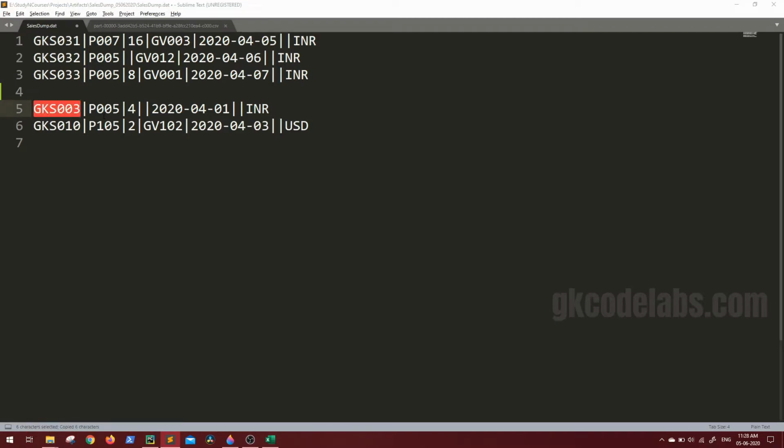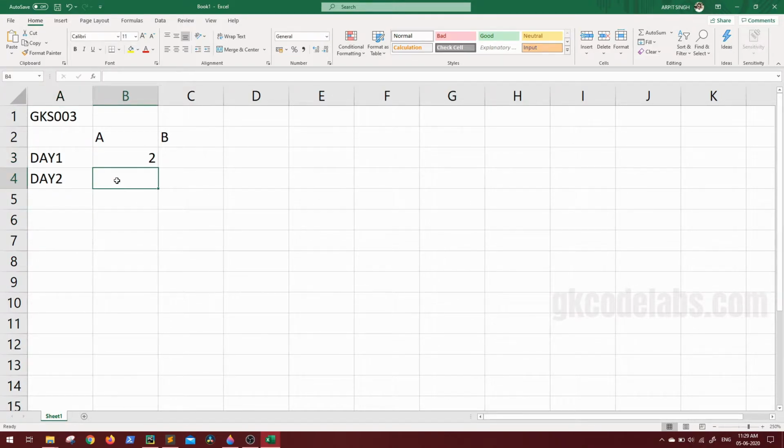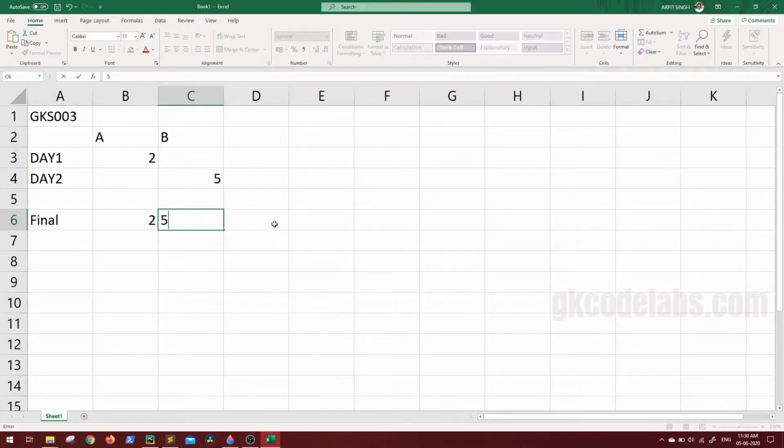Let me take an example to understand it, and then we'll go back to the actual scenario. Suppose there are 2 columns. Day 1, column A was null and column B had the value 2. Now on day 2, we did not receive an update for B; we received null for column B... Day 2, column A is 5. So the final result would be 2 and 5, because on the first day one column was missing, on the second day it was received, and the other column, not received on the second day, was already received on the first day. So the final result should be 2 and 5. This is the actual scenario.